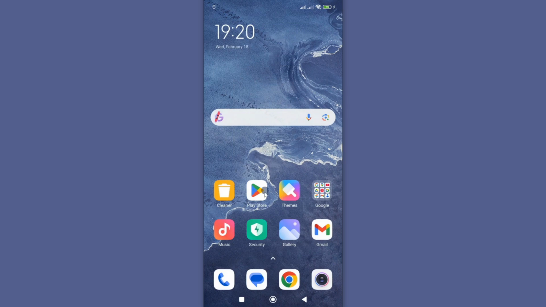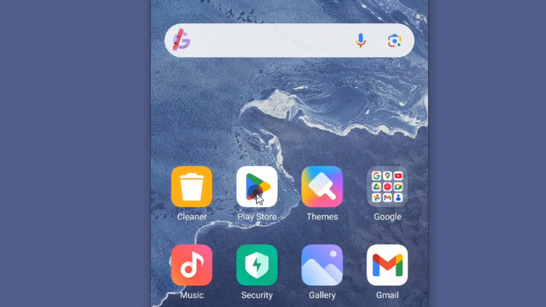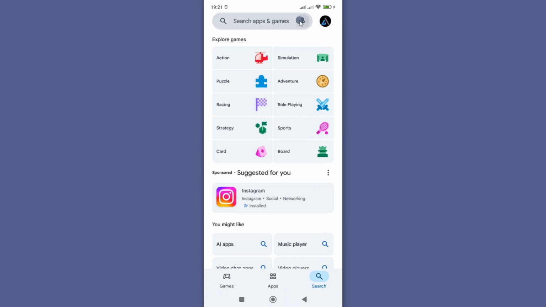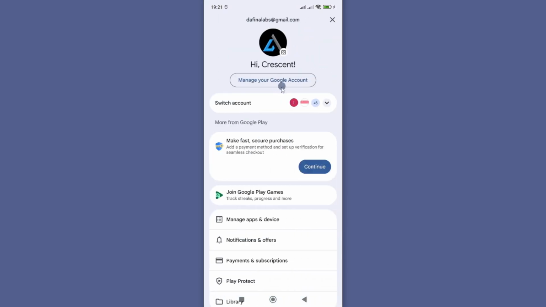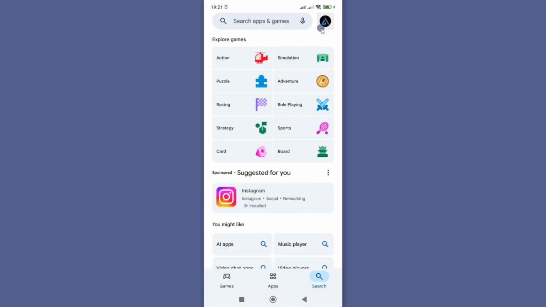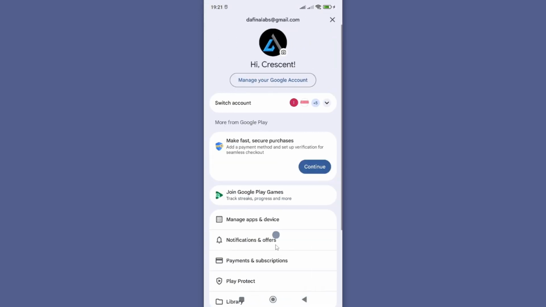So in the first method, you need to go ahead and open your Play Store app and make sure you are logged into your Play Store account before you try to download your app. So if you are not logged in, you might experience challenges installing Binance app. However, if you're logged in with your Gmail account but can't install this, then tap on your profile icon and